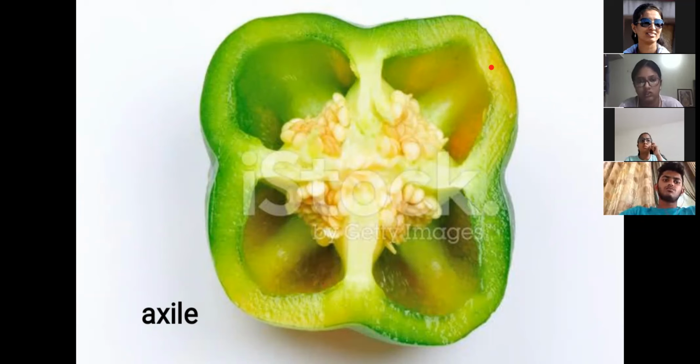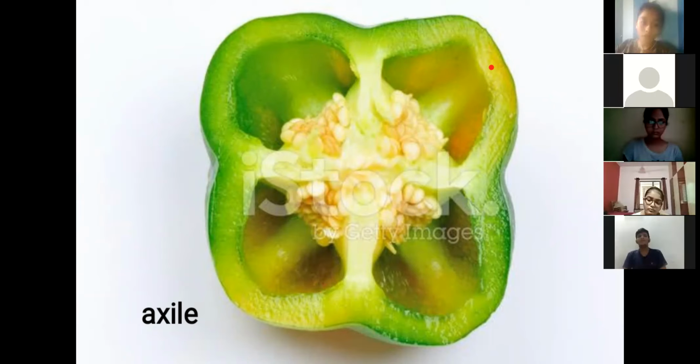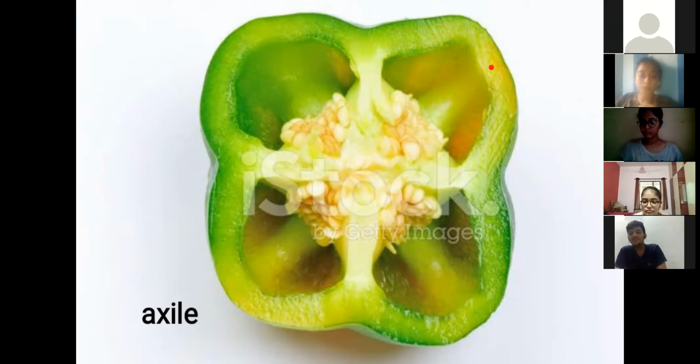Anyone not clear on this? बोलिए जील. मैम मेरे को एक डाउट है, ये होलो क्यों होता है? मतलब जैसे टोमेटो में लिक्विड होता है, तो इसमें लिक्विड क्यों नहीं होता? ये भी juice, see, that we will study in the fruit part. That fruit wall is divided into different types, so we will study at that time, right? So axile placentation, remember